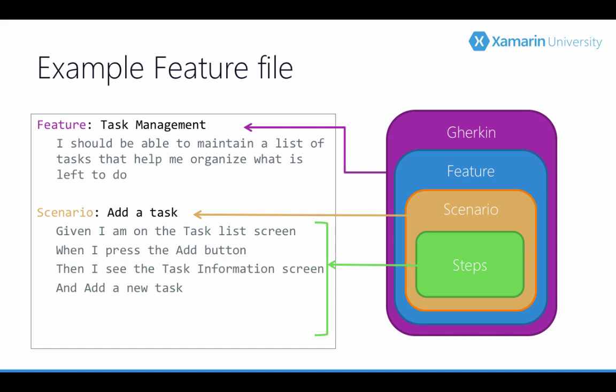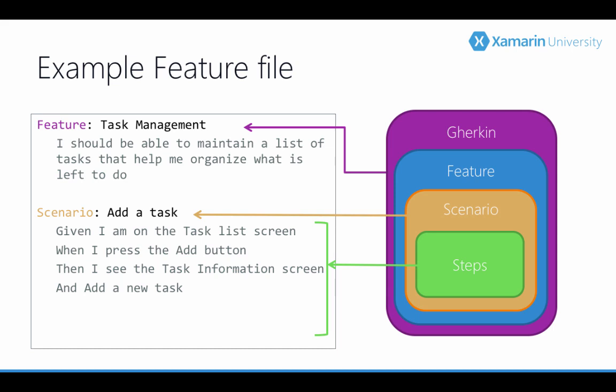The then keyword is used to assess that the actions that were performed resulted in the outcomes that were expected. And notice that this is very similar to the arrange, act, assert steps that we took when we were writing NUnit tests in XTC201. So keep in mind that the steps defined in the scenario won't automatically do what you want. They either need to map to existing steps defined in the project, or we have to